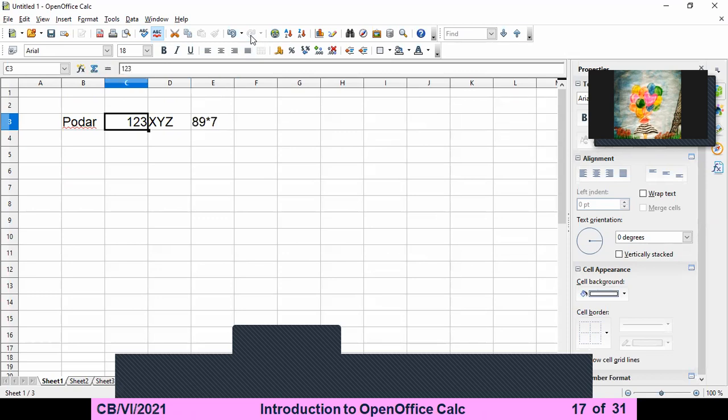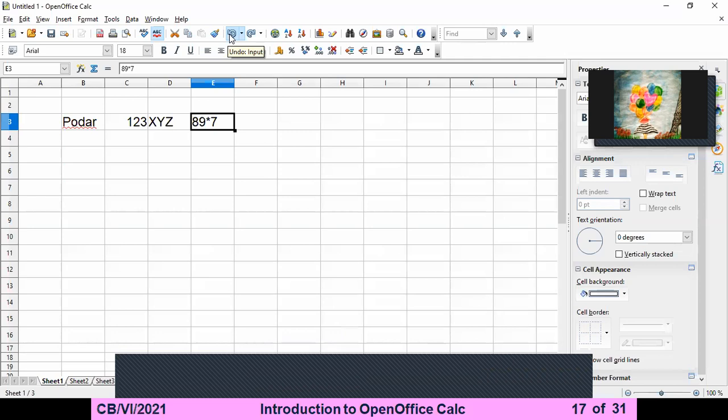For example, मैं यहाँ पे change कर रही हूँ 0. I am writing here a 0 in place of the star. 8,907. Now I am pressing the undo operation. Otherwise, I will press Control Z. So you can see the previous star will come back in place of the 0. I am pressing now a redo. So redo is totally opposite of undo. That means in place of the star, the 0 will be there. So you can see that.